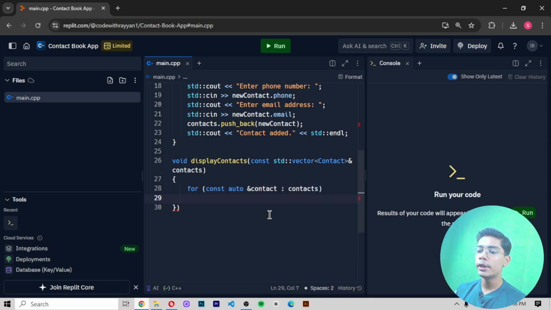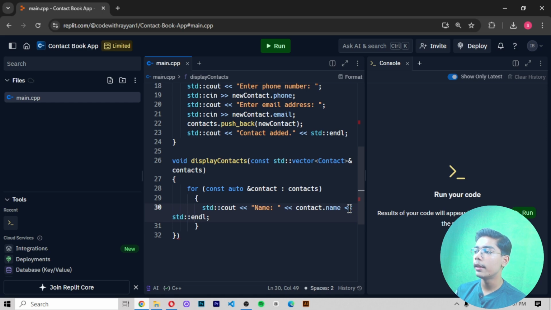Now here I will be just moving down and then I will be just moving down here as well, and here I will be creating a std cout. So just I will be now creating a std cout like this with name, then we will be writing contact number, then we will be also adding phone number with that. So here I will be writing contact name, then here you have to just write like this and then write here phone,